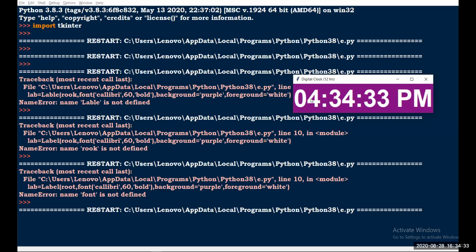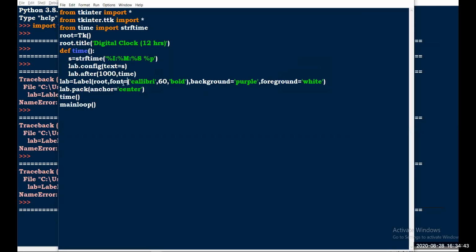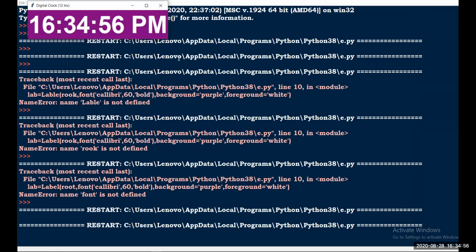So 4:34:33 p.m. If you want 24 hours timing, you need to change here. Instead of I, if you give H, it gives a 24 hours timing schedule. You can see 16:34:57.